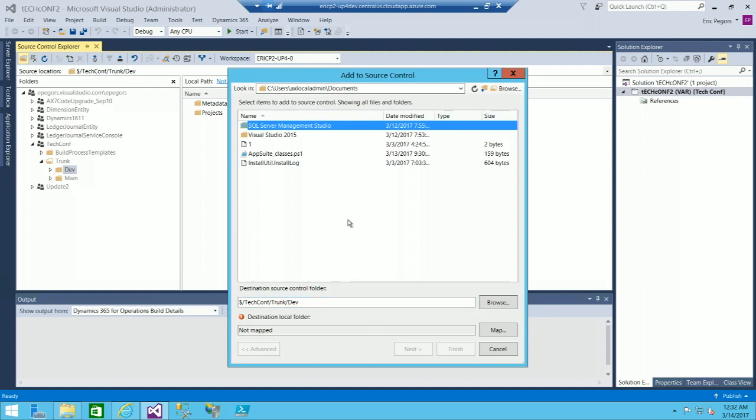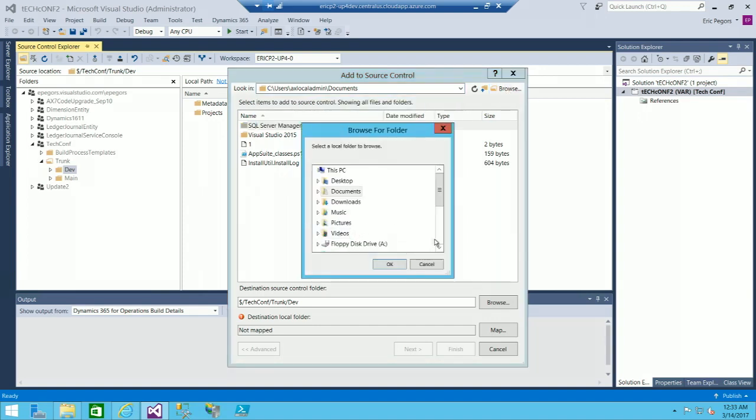And so this is what's on my computer, right? So I can browse to the J drive, AOS service. Now here's my packages folder. So my package is called Tech Conference. Right there. And you can see under the Tech Conference folder, this is a brand new package, never been compiled,